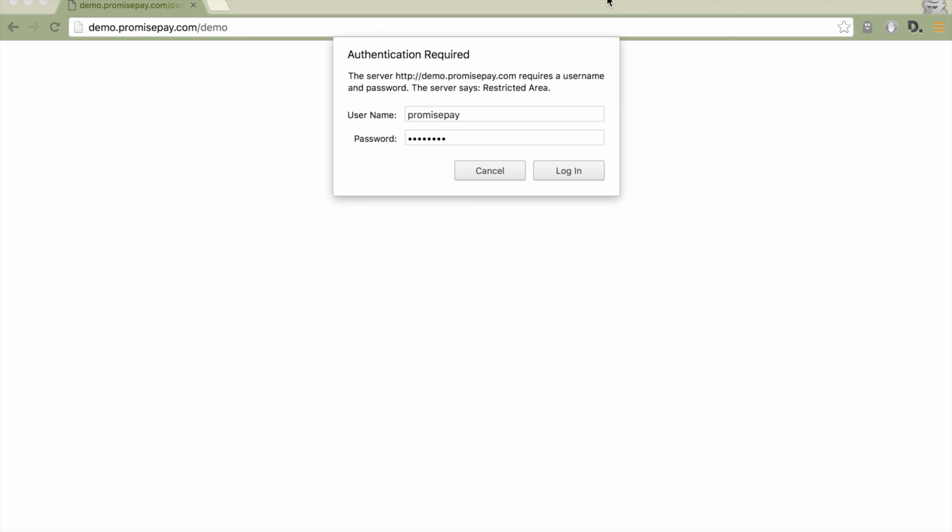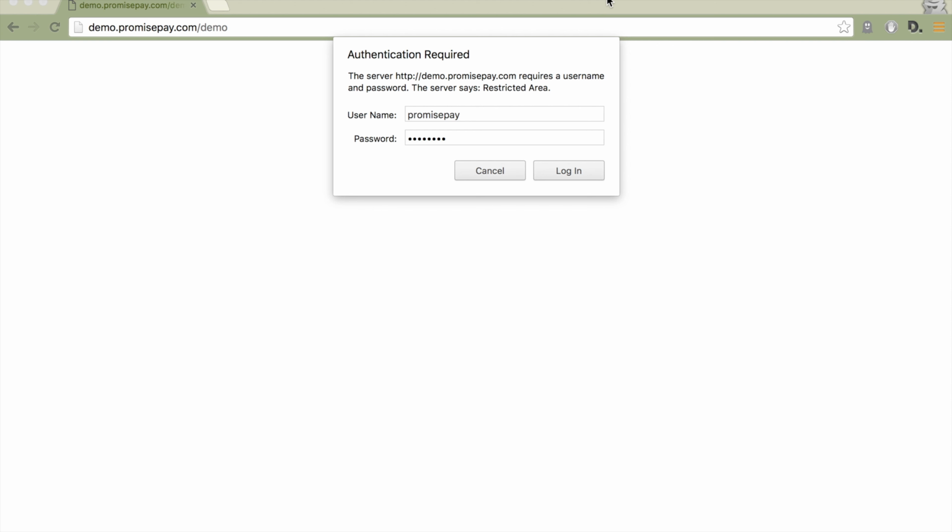In this video, we'll be looking at the PromisePay widget, and in particular, a live demo that you can actually play with. Most of my videos so far have been about the API, which is where most of the technical questions come from, but the widget is a very important offering that PromisePay has for customers who need to get started with accepting payments as soon as possible. What the widget is, and you'll see this in a second, is a JavaScript element that can be added into a page, and with just that inclusion and a teeny bit of configuration on the back end,